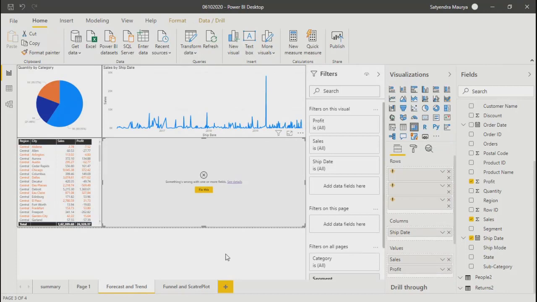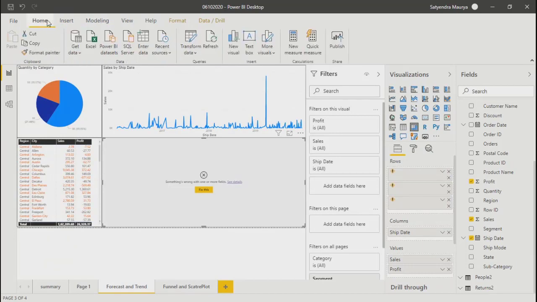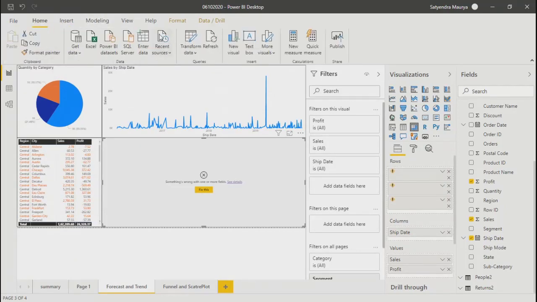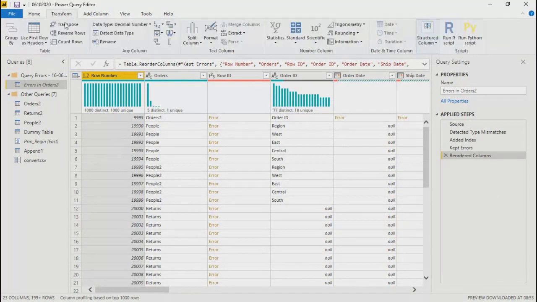Okay. All right. So, guys, just do one thing. Go through all the options we covered so far, whether in the home tab, the first tab, or the transform tab, the second tab. Over here, there are new options related to some statistics and trigonometry. So right now you can skip these options.